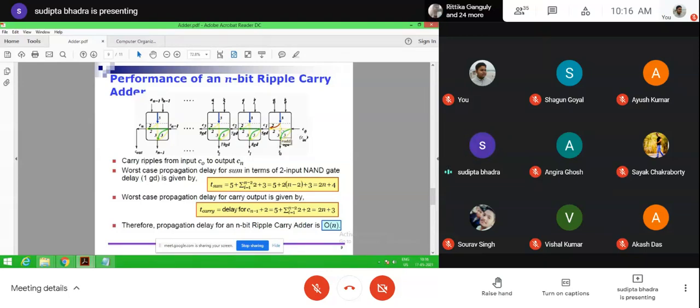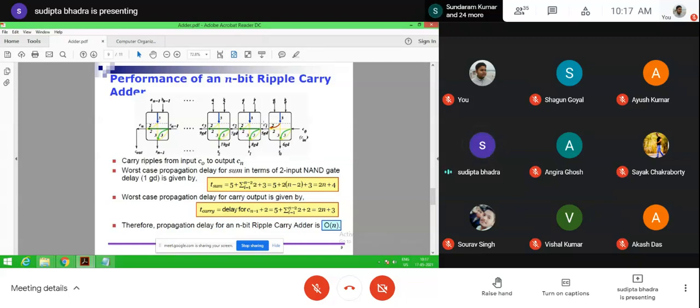So altogether A0, B0, C0 is used to generate the S0, and altogether 6 gate delay is required. 6 gate delay means 6 NAND gate delay. Okay, that means 6 NAND gates are present in that particular path.